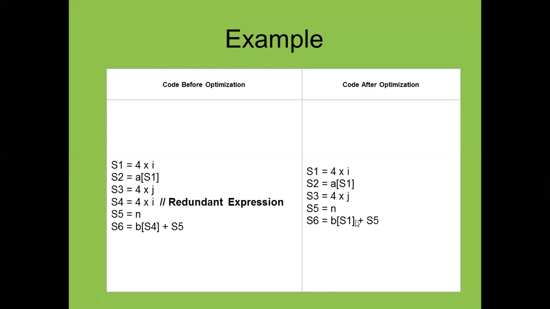Here you have already removed it, and you can write directly, just jump. S3 is equal to this, then S5 is equal to n, and then S6 is equal to this. Now we will replace this. No need to write S4 because we are going to remove it, then replace S4 by S1, the same value. Here you can see a reduction in the number of variables, and also in the number of lines.